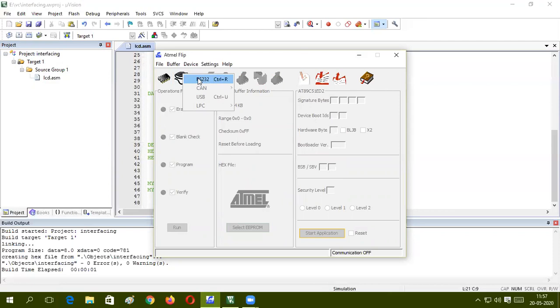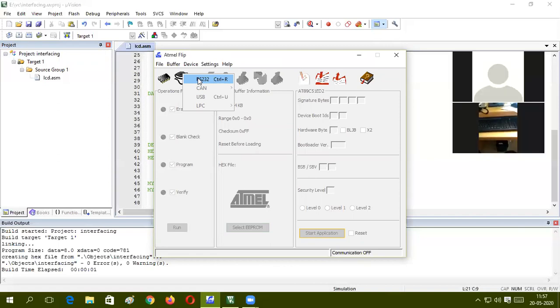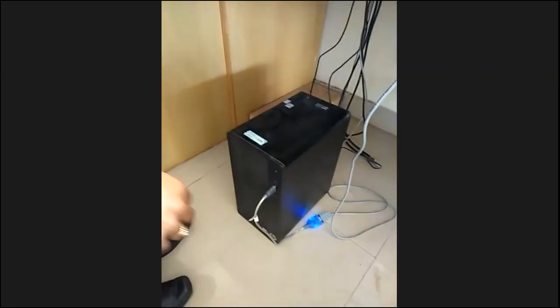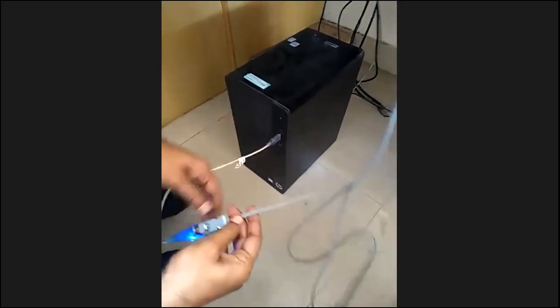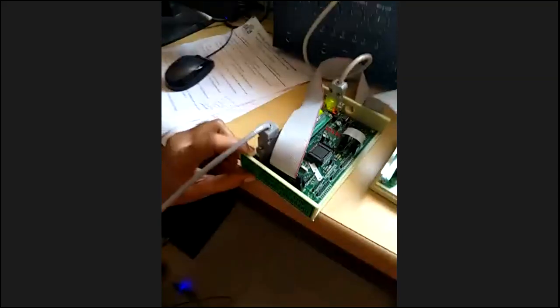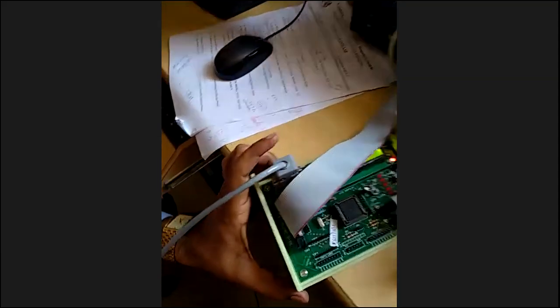Before dumping this, we need to make the hardware connections with the PC. So let us see now how to make the hardware connections. From the CPU, we are connected one connector here with RS232. This cable is connected with the 89C51RD2 single chip.